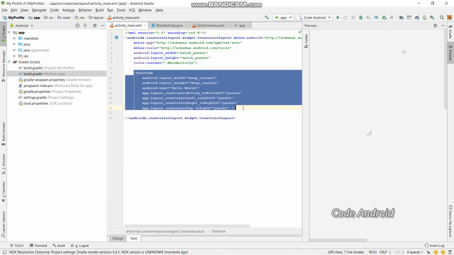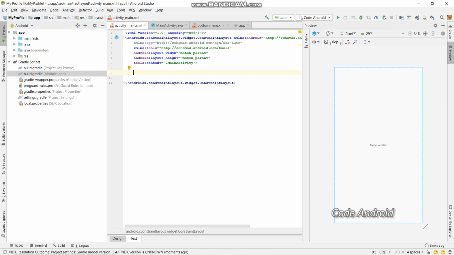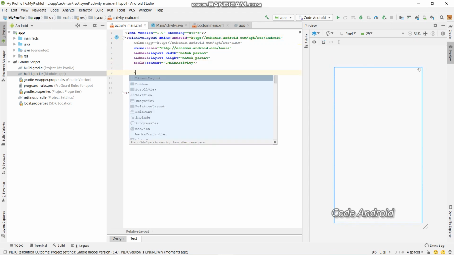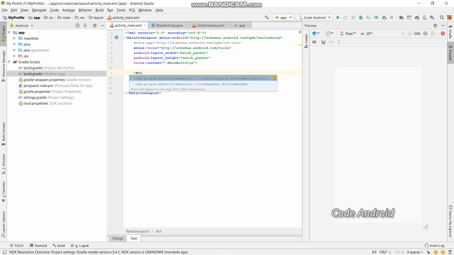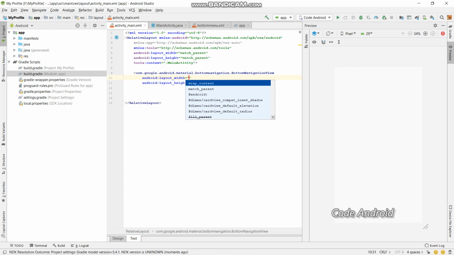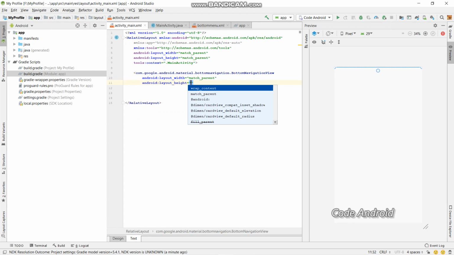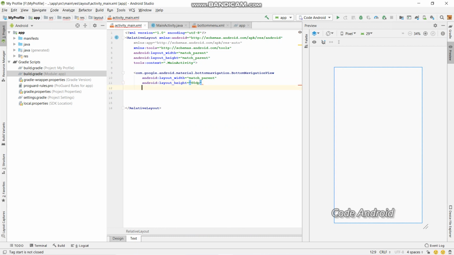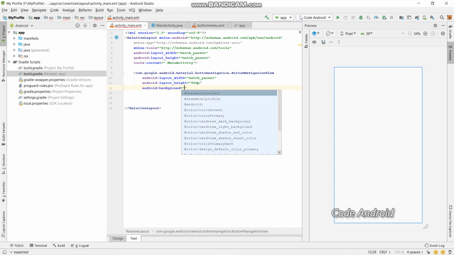Then go to main.xml, remove it, and make the constraint layout as relative layout, and take the bottom navigation, and width be match parent, and height be 60 dp, and let the background color be